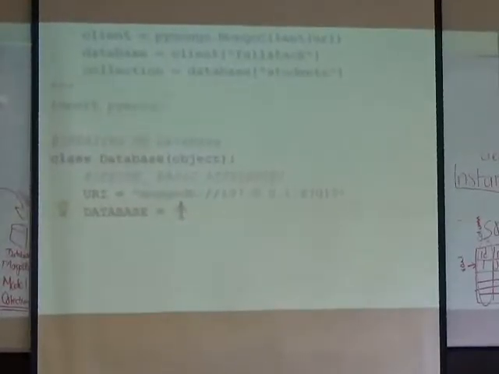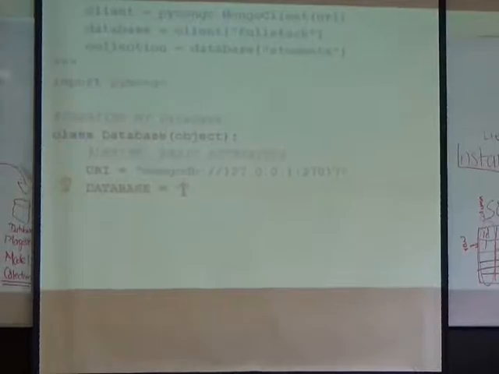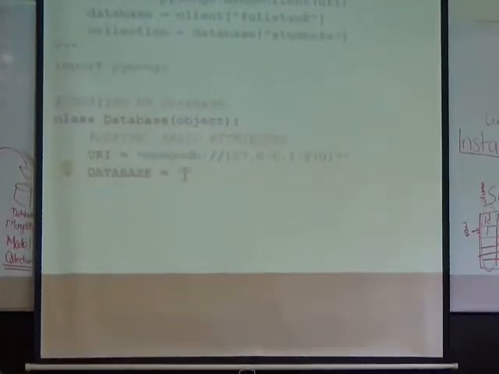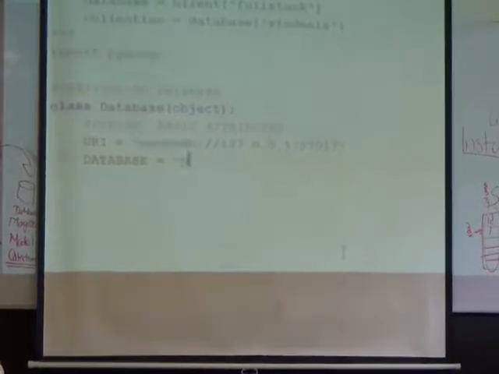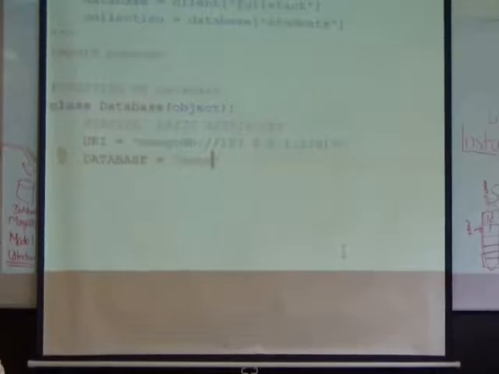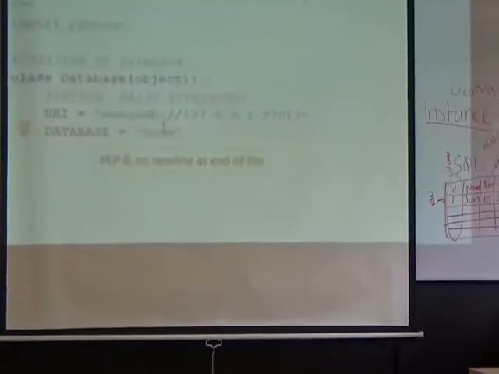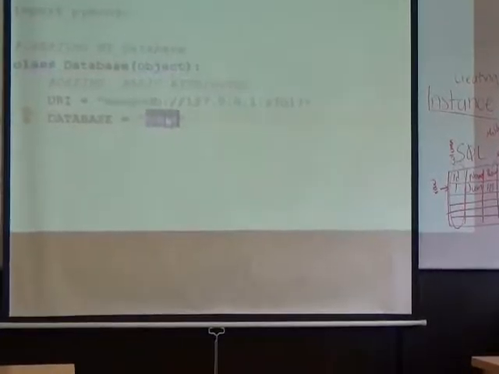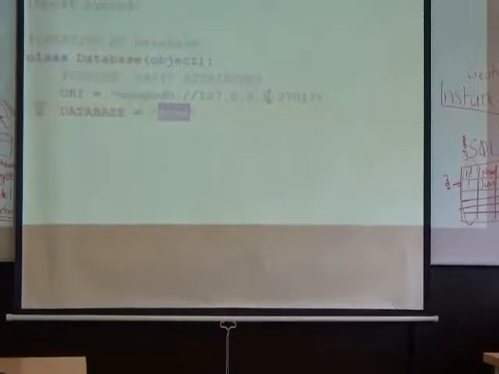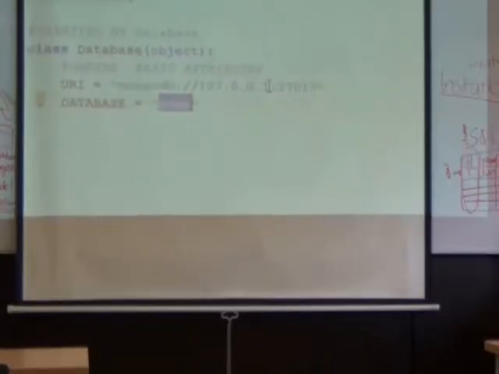Well, no, in this case, because I'm going to select it, I can define it in my class, any database that I want. I will leave it blank, like this, or I can put None. Because when I create my instance, I can put the full stack. But so far, because this is more general, I can leave it blank. Okay? Alright? So,